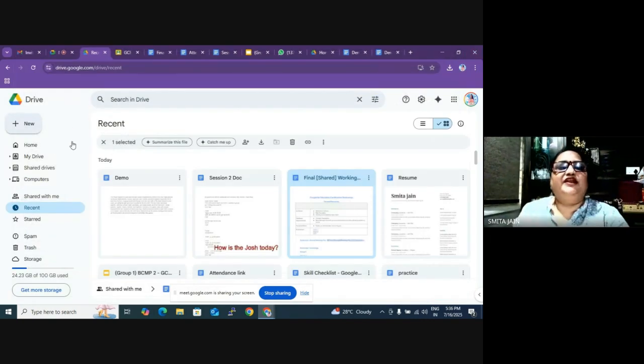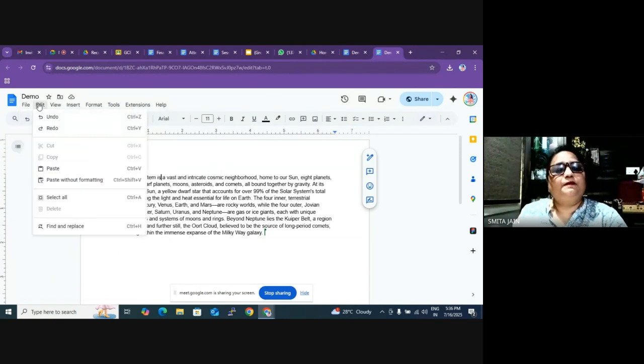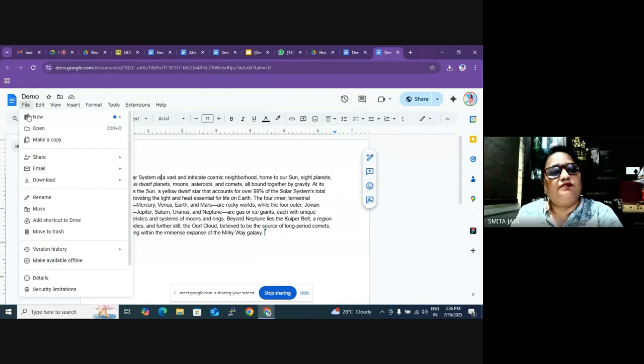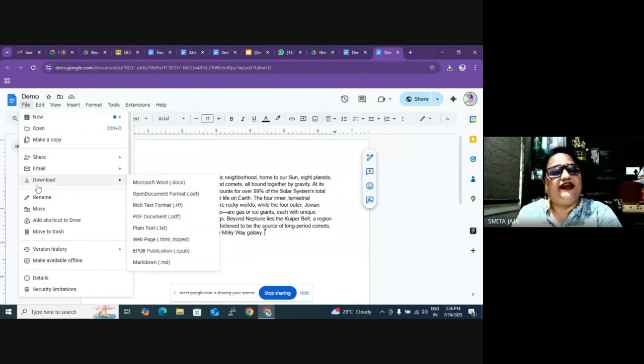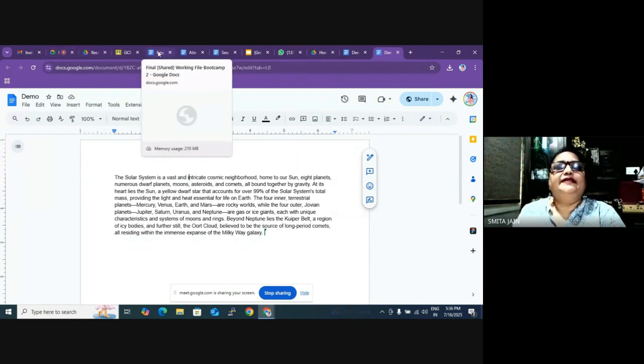So it's simple. When you upload that docs file, it asks you to save the file as a doc. So if you say yes, I want to save this file as a doc, it will convert your Microsoft file into Google Docs. So this is the procedure. You will go to File and you will save it as a doc. So this is how you can convert a Microsoft file into Google Docs. Okay, then